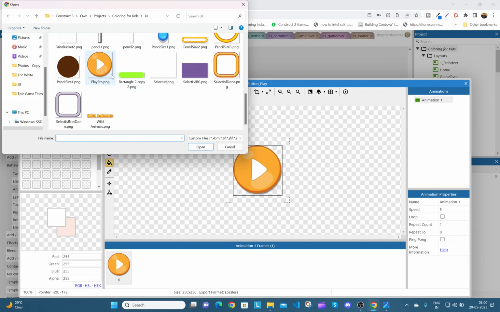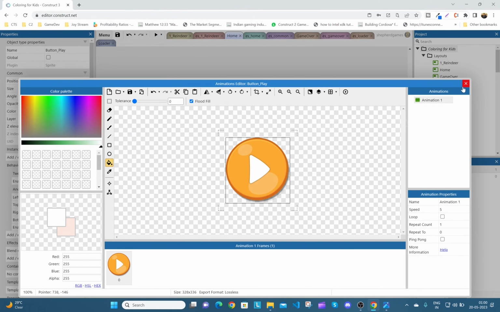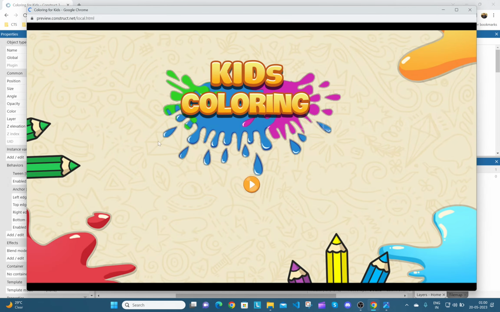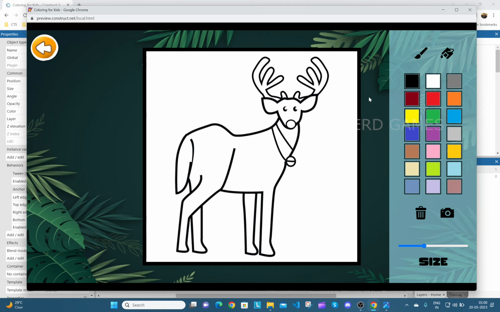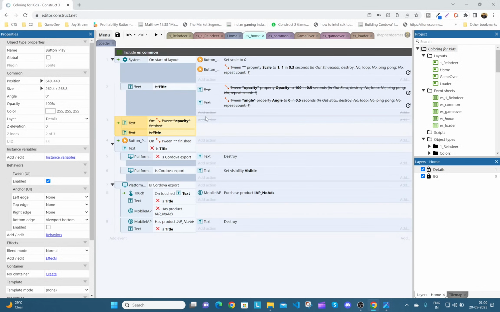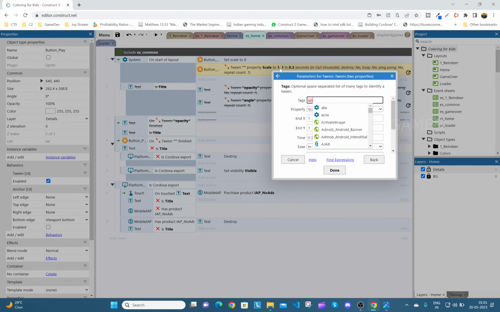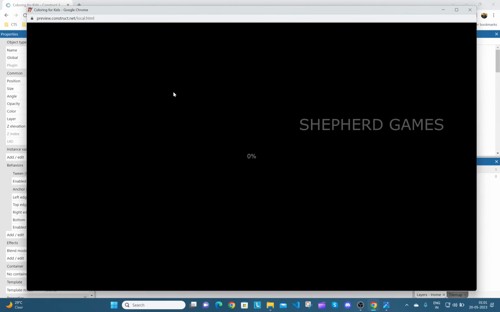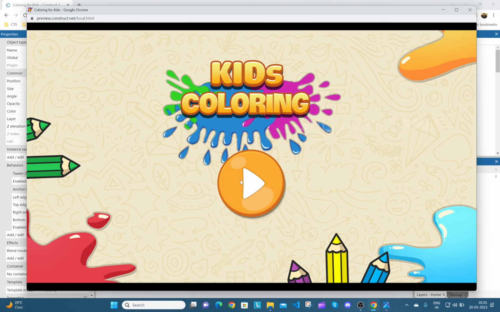Let's select the original image. Let's run it now. Okay, the play button is too big, so what we shall do is put the scale to 0.6, maybe 0.6. Okay, this is better,